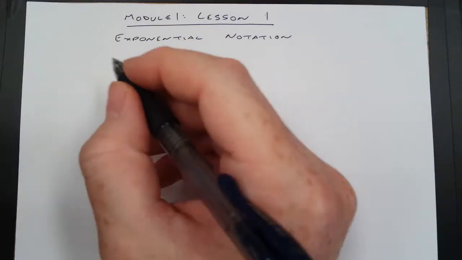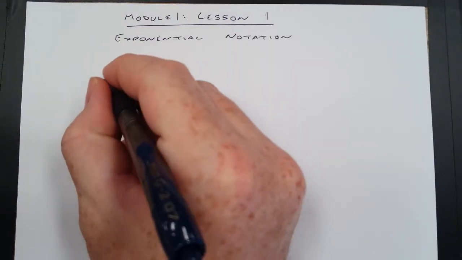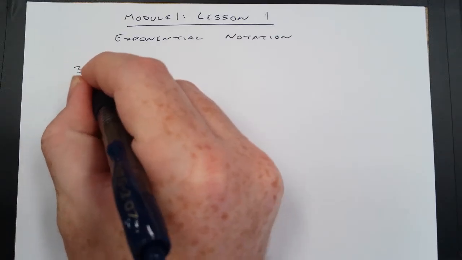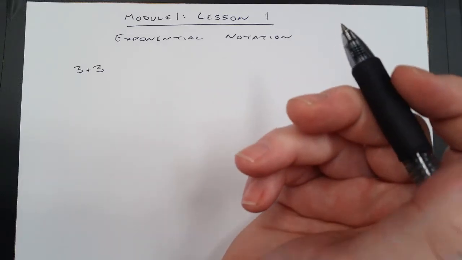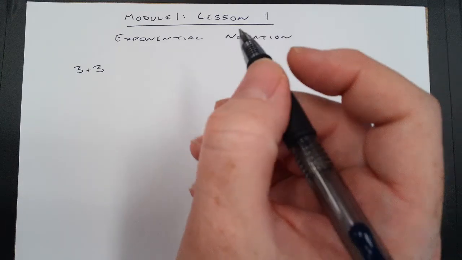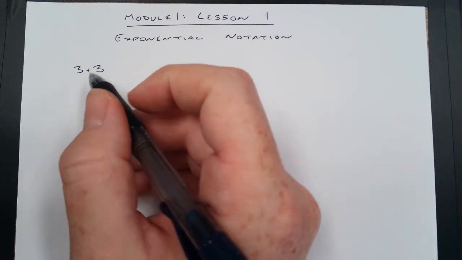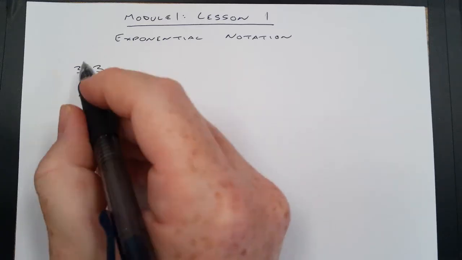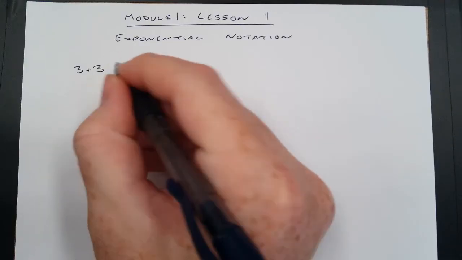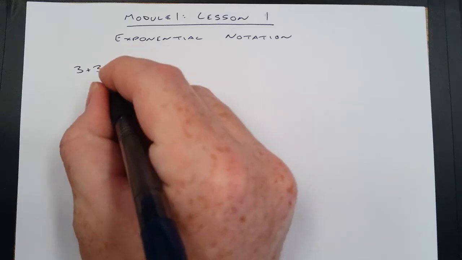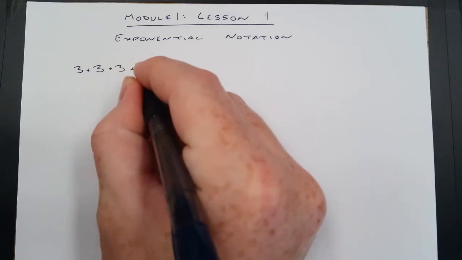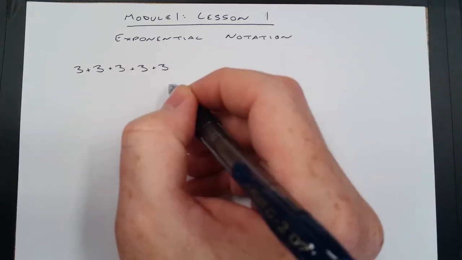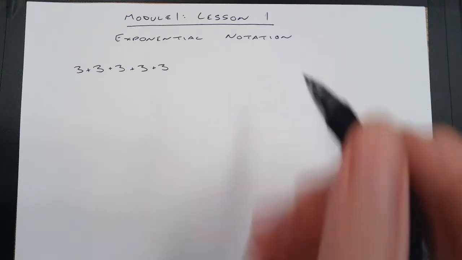First thing you probably learned how to do when you were in kindergarten was add. You did something like maybe 3 plus 3. And we know that's 6. But then math gets more complicated because let's say you have a super bad job where you make $3 a day. Make $3 Monday, $3 on Tuesday, that's $6. But you're not going to stop working. You get $3 on Wednesday, $3 on Thursday, $3 on Friday. Now this is a long math problem. There is a shorter way to write it,